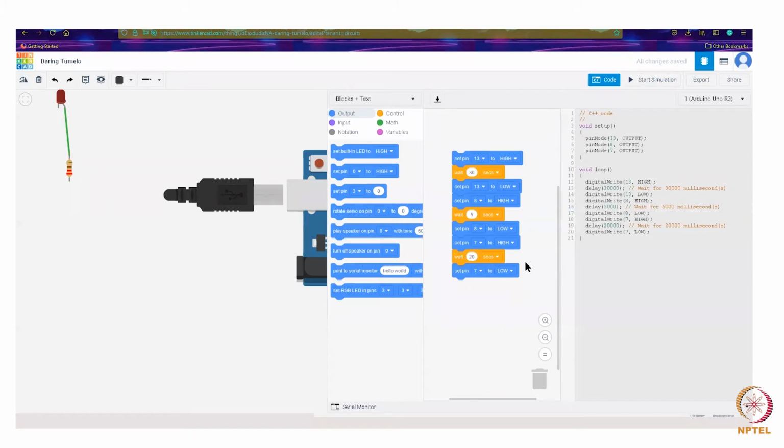So as you can see, this Tinkercad is a very useful tool for simulation, and the code that we wrote in the blocks is literally converted into the actual code that we will be using in the Arduino IDE. But this is not the way that we actually implement things in a real IoT scenario. We generally find the use case, and then we try to bring in the innovations that we can.